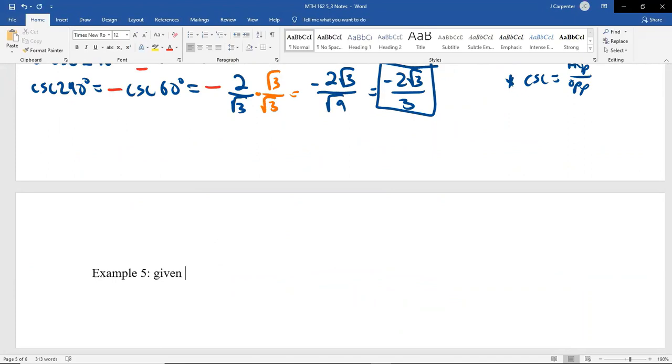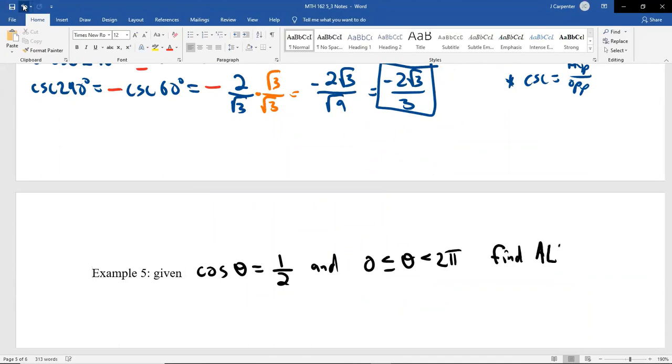Given that the cosine of an angle is equal to 1/2, and the angle is between 0 degrees or 0 radians, we're using radians actually, and 2 pi. Less than, not less than or equal, less than 2 pi. The 0 gets the or equal, the 2 pi does not. This is pretty common. We're going to find all